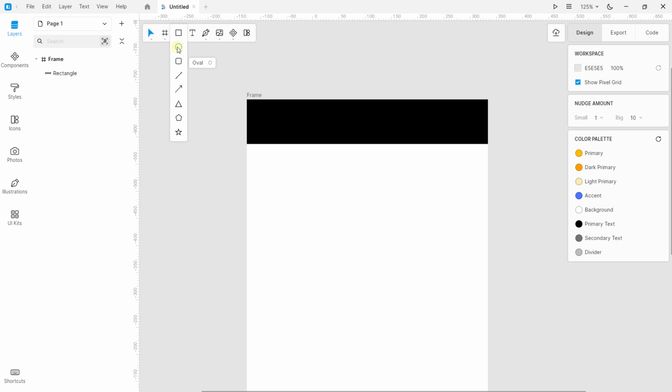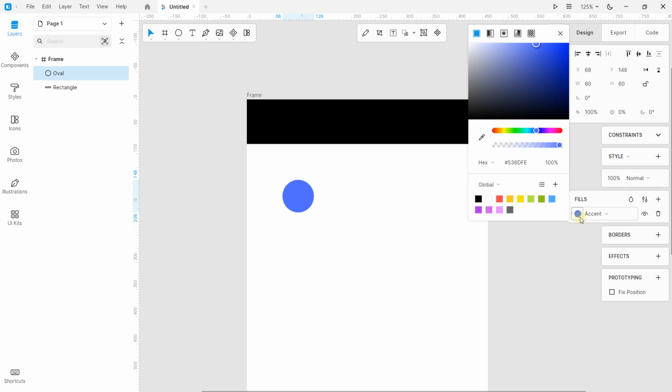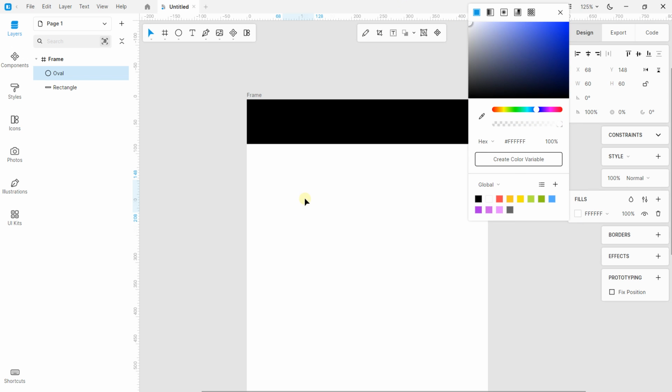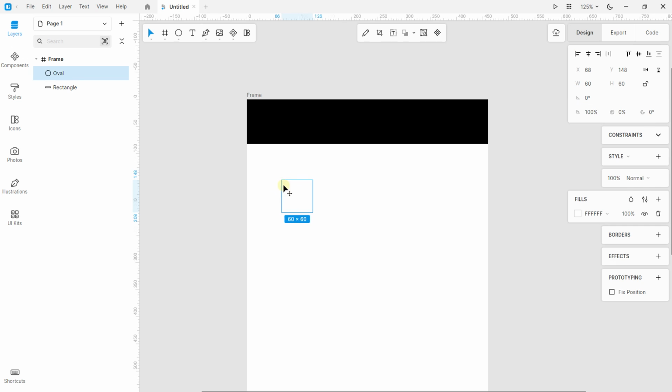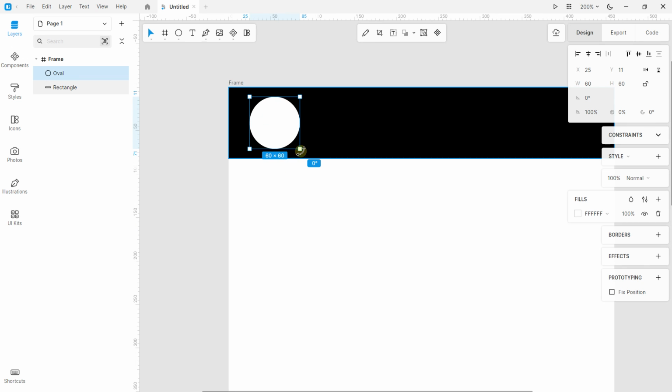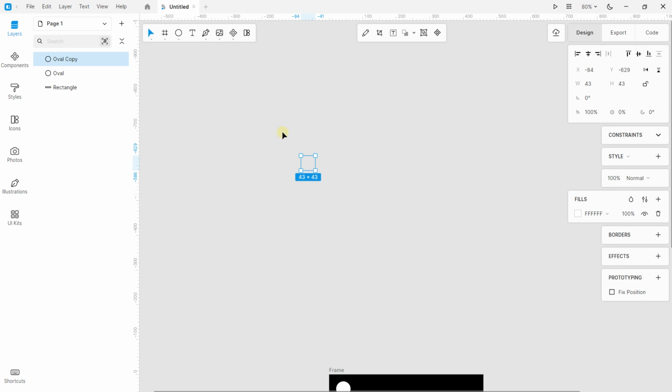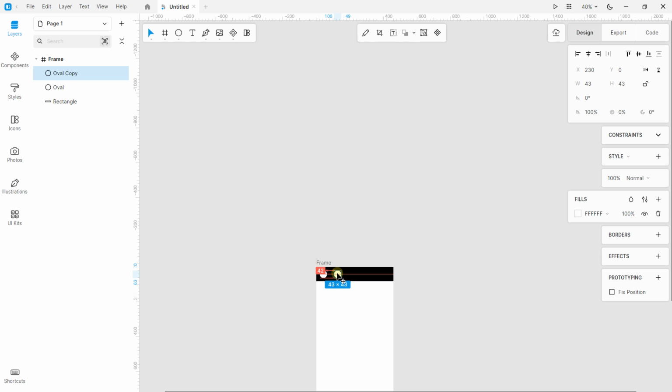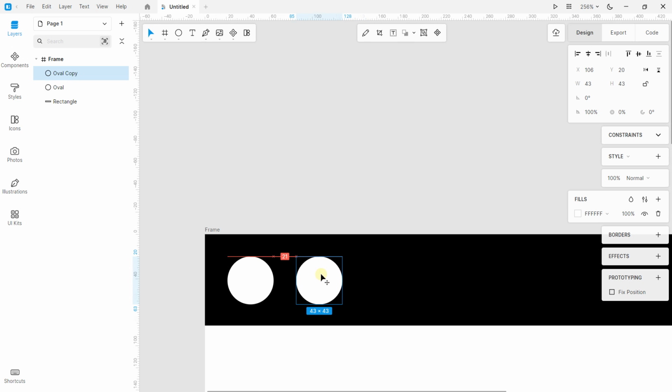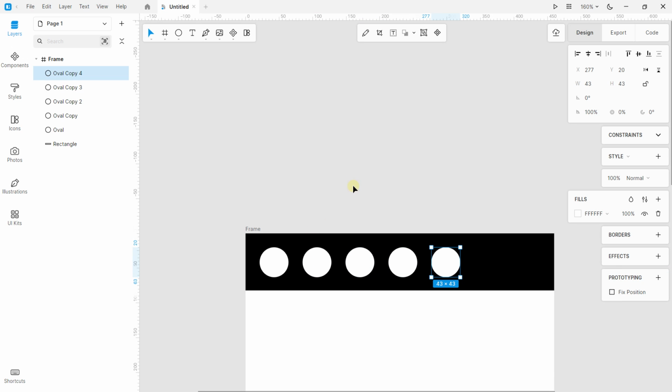I will use the circle tool and create the first circle on this area. With the fill options, I will define the white color, like this, and I will put the circle inside. I will reduce this circle with Shift, and I will duplicate it, so I can press Ctrl D. One of the problems is, as you can see, the circle is duplicated on this area. It's not very convenient. And I will repeat the process with Ctrl D multiple times, maybe just 6 times.